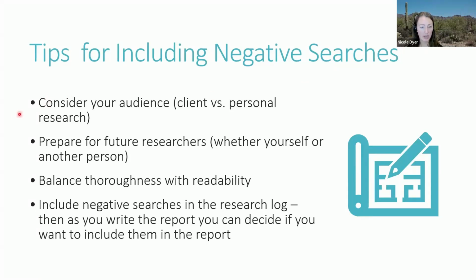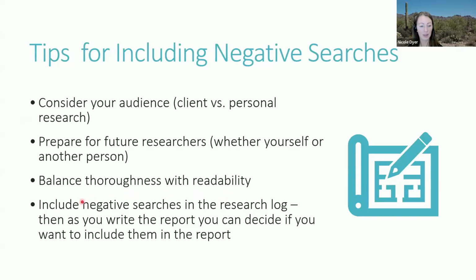So just consider your audience, whether it's a client versus personal research. If it's a client, you'll want to show if you had to order something online, offline, if you searched already online. And then if you're preparing for future researchers, whether yourself or another person or a fellow researcher in your company, it can be helpful to show and document the negative searches that you did. But it is good to balance being really thorough with readability. And sometimes you can just list all those databases in the footnote, like I showed,